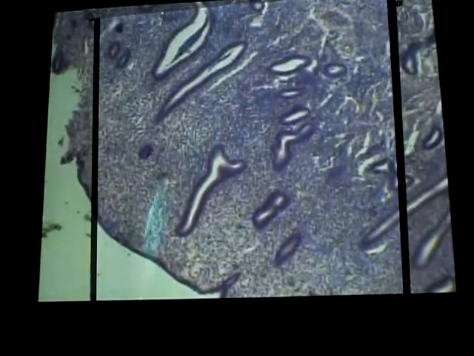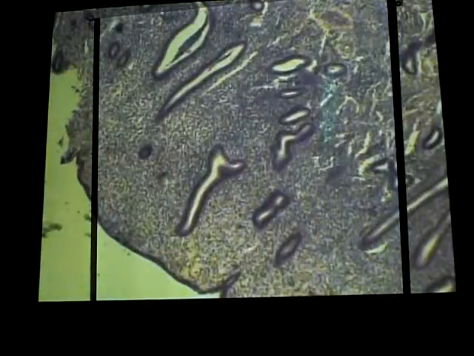Alright, and you can notice the endometrium is not very thick. It goes from here probably to about here where you start seeing the muscle. So it's not very thick, it's just beginning to rebuild itself. So that would be the proliferative stage. When we get to the secretory phase,